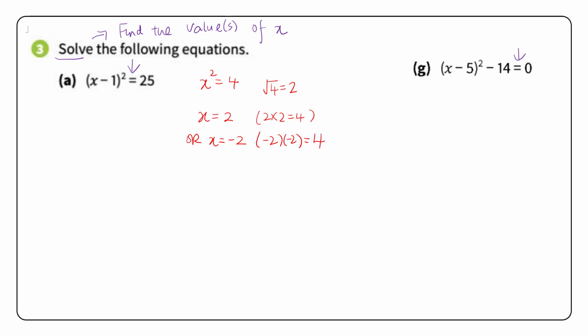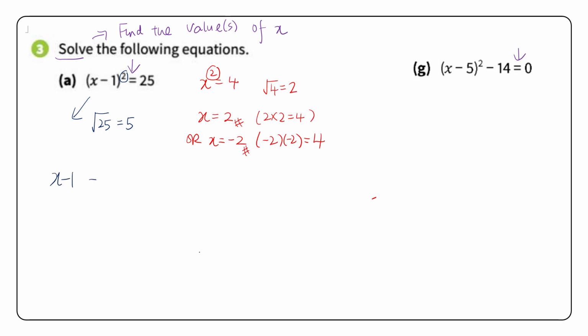So as long as the power here is a multiple of 2, it can be 2, 4, 6, 8. Multiple of 2, it is possible to get 2 answers. Okay? So what we're going to do is apply the same skill here. Right, so when I square root 25, I will get 5 only. But because the power here is an even number, as I explained earlier on,